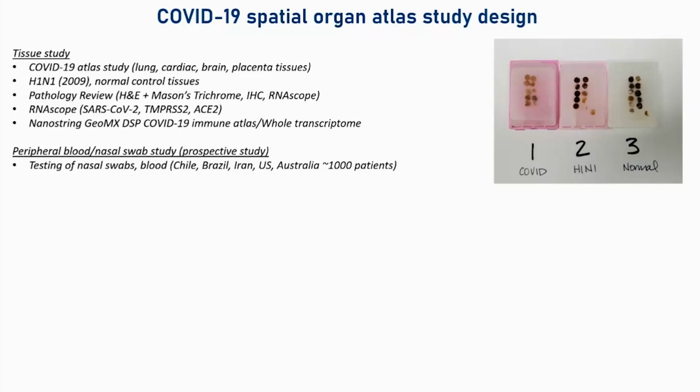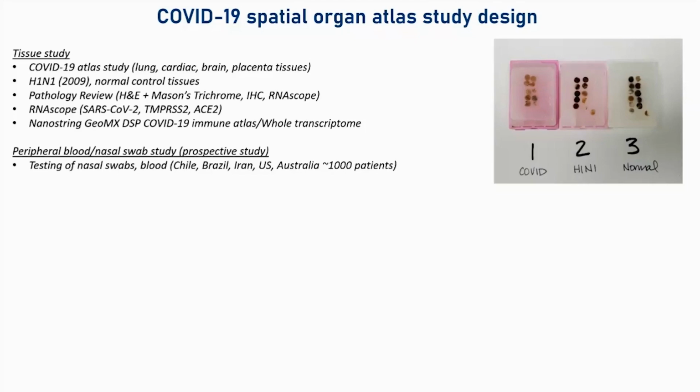So an example is on the right there: 10 patient samples, core biopsies of the lungs, H1N1. And we try to match these as much as possible for age, gender, and so on, and normal as well. And so we had these pathology annotated by local pathologists at the time in Australia, sort of mid-2020. We didn't really have a caseload, and so none of the pathologists had seen COVID-19 lungs at the time, but they were in touch with the literature.